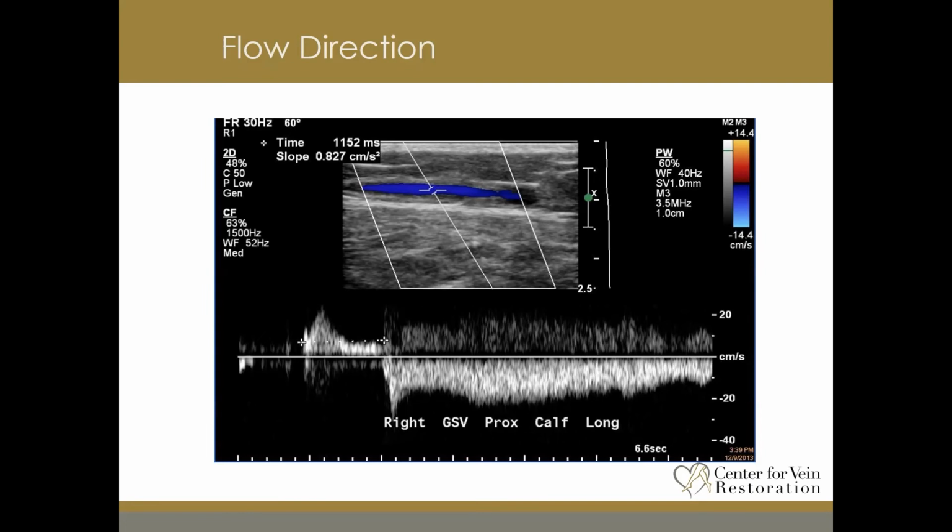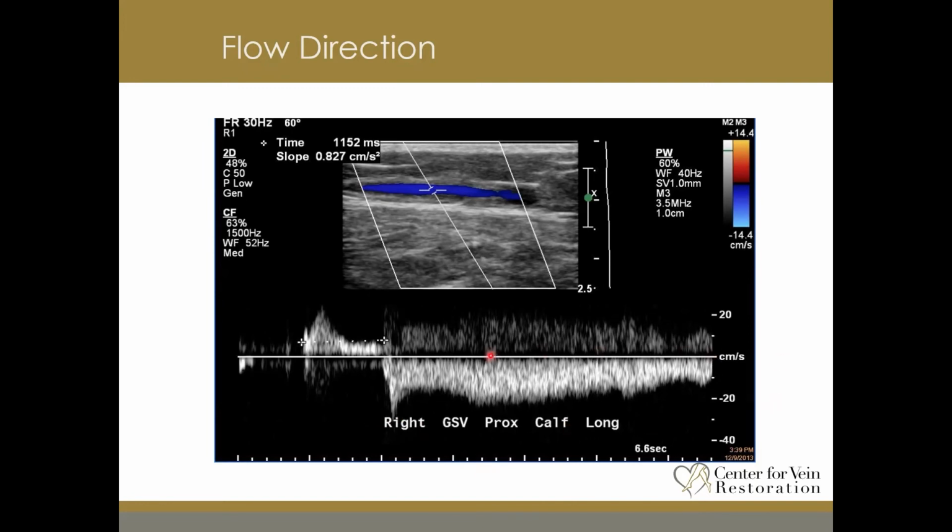So in this case, the blue in the color is going from the head to the feet, which is retrograde. And the flow above the spectral baseline is going from the feet to the head, which is known as antegrade. So the reflux is actually the flow below the spectral baseline,